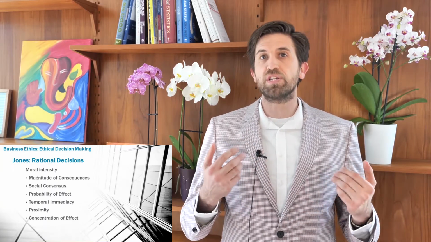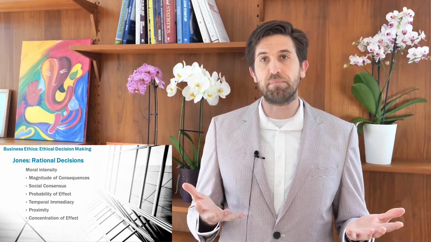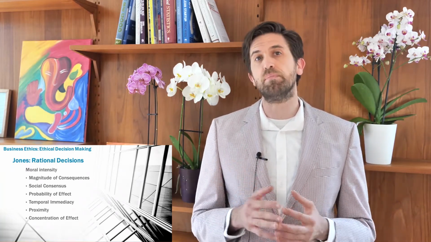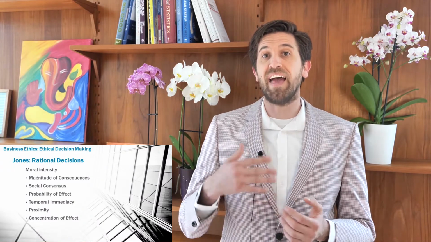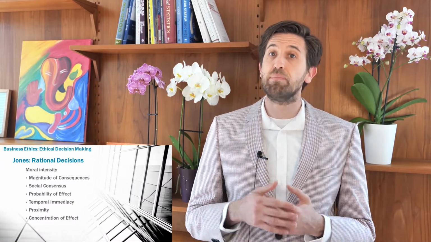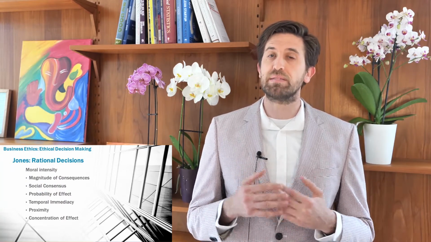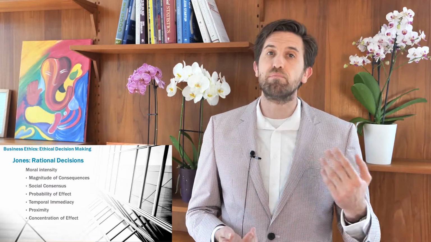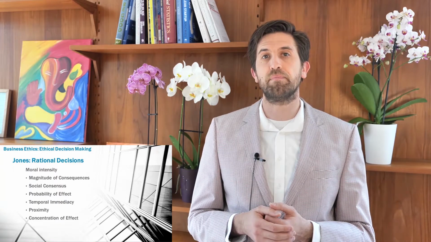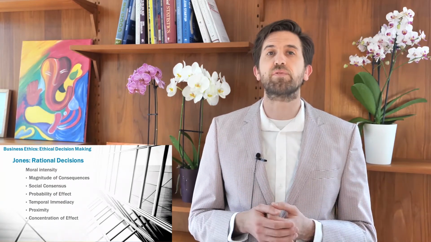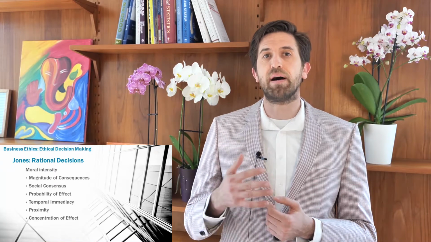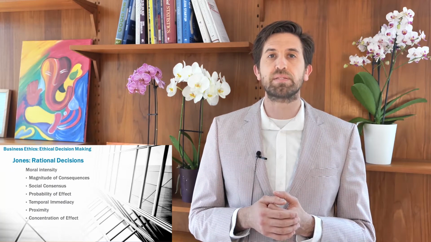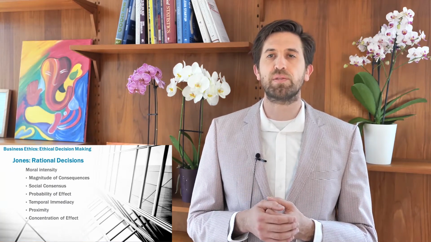For example, causing a particular injury to 1,000 people is of greater magnitude of consequence than causing the same harm to only 1 person. The higher the magnitude of consequence, the more likely you will be to recognize the moral issue. It will also affect your moral judgment, moral intentions, and of course your behavior. Organizations often have to calculate the risk to customers and bystanders, and the magnitude of consequence plays an important role, as we will see in a little bit when we talk about the Ford Pinto case.